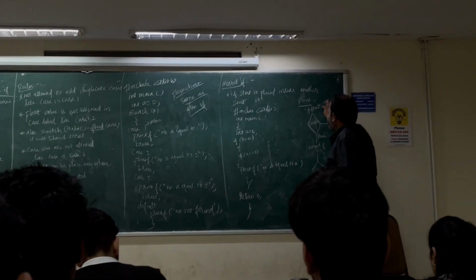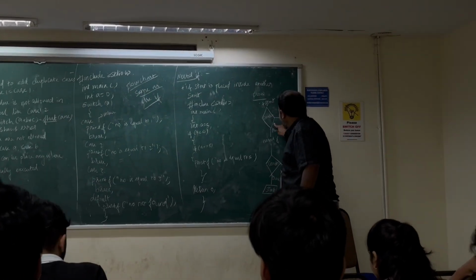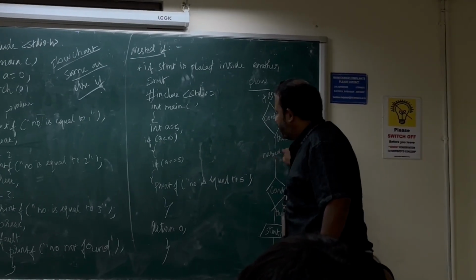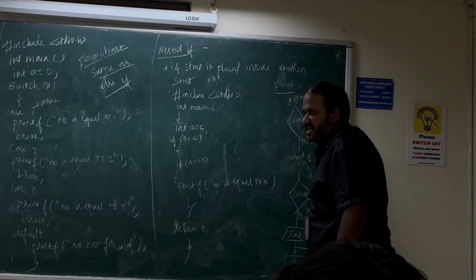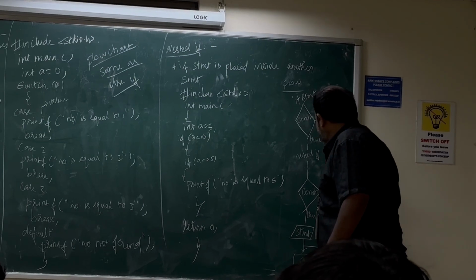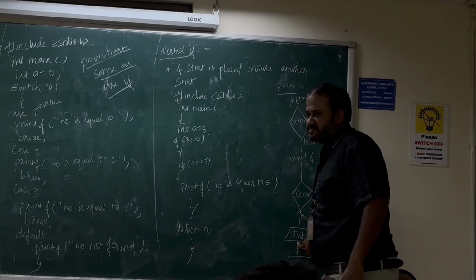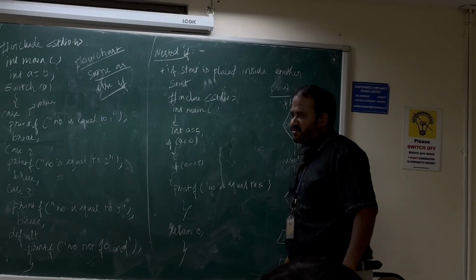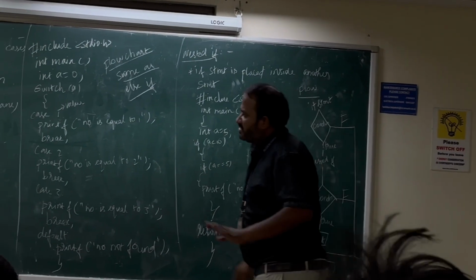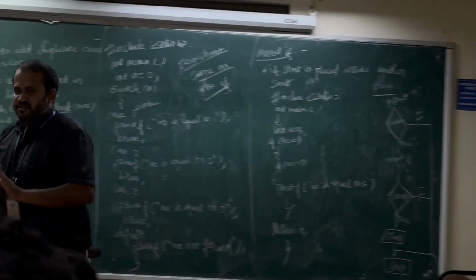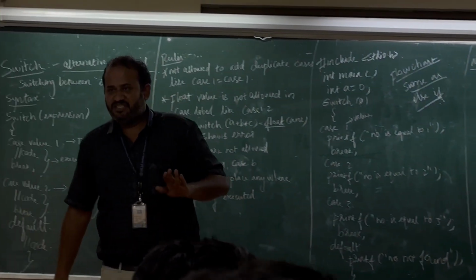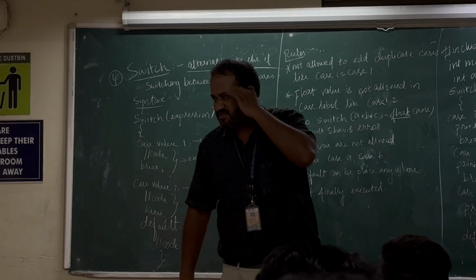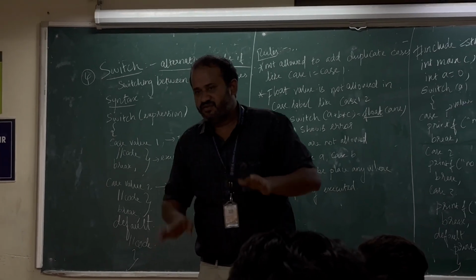Right? The flowchart for your nested if statement: the condition is true. If the condition is true, it goes inside, so that is where you create the nested if. If this condition is true, it will print the statement. If it is false, it directly prints the statement. Right? Fine. So these are your logical statements or decision-based statements. Correct? Okay, so now